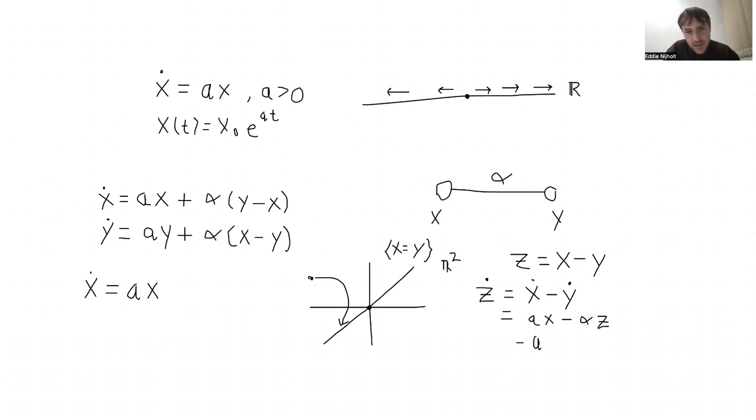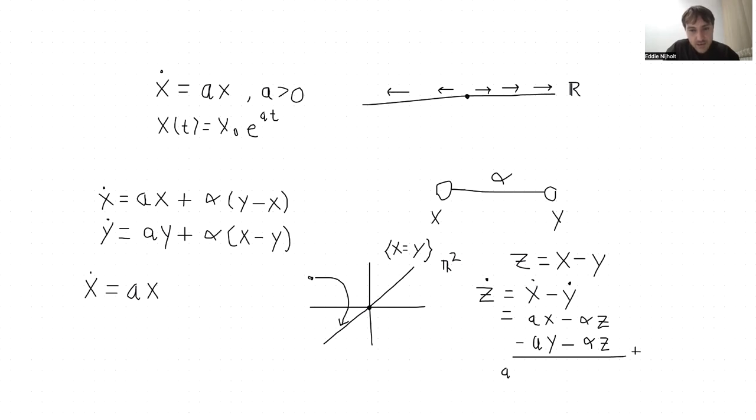And here I have plus alpha x minus y. X minus y is z, right? That's our definition. We had a minus sign here, so I also get minus alpha times z. So putting that all together, and noticing, of course, that multiplication by a is linear and x minus y was equal to z, if I add all this together, what I find, hopefully, is that this is going to be a